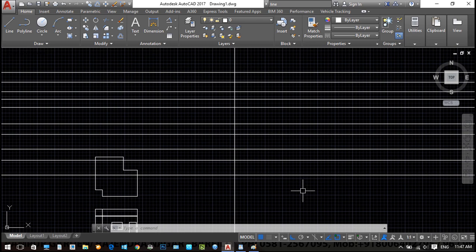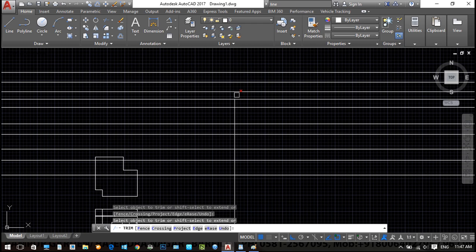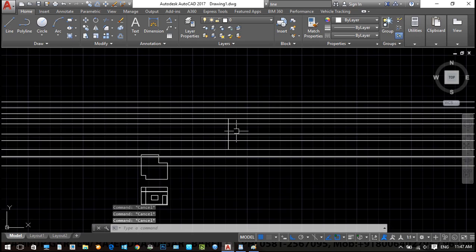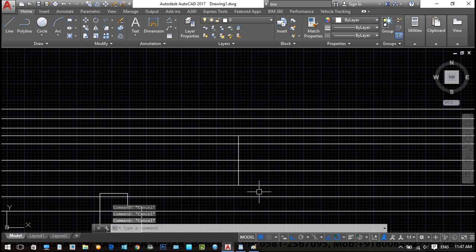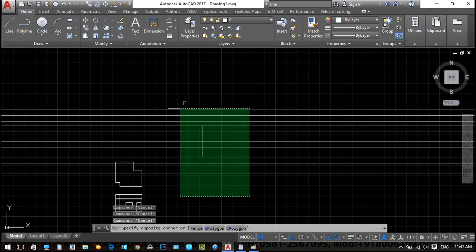Okay, and if I need to trim multiple times, then we can utilize TR, enter, enter. So we utilize TR, enter, enter, and then we can trim like this. Okay, but if we have boundaries, then utilize TR single enter and select both the boundaries, enter, and now click inside or click outside. So it will automatically trim the entire line up to here. So you don't need to define this again and again and again. So particularly we select both the boundaries and then we can trim.